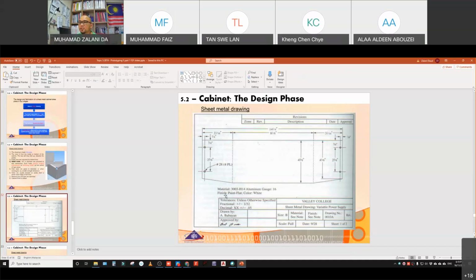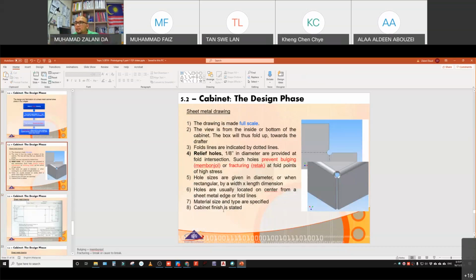And then the finishing, which is paint flat color, which is white, okay, so white color, and it is paint, not a vinyl coating but paint, in this case. All right, okay, so